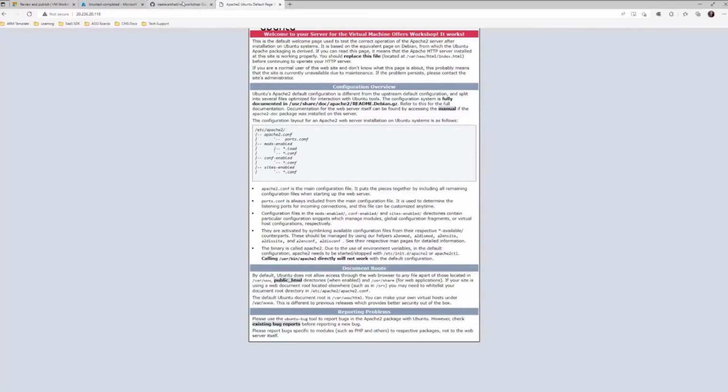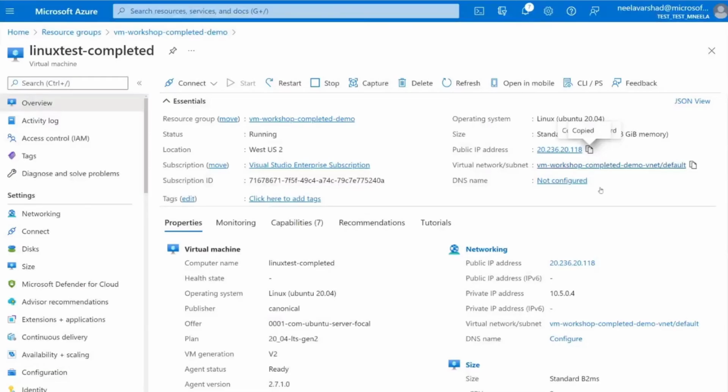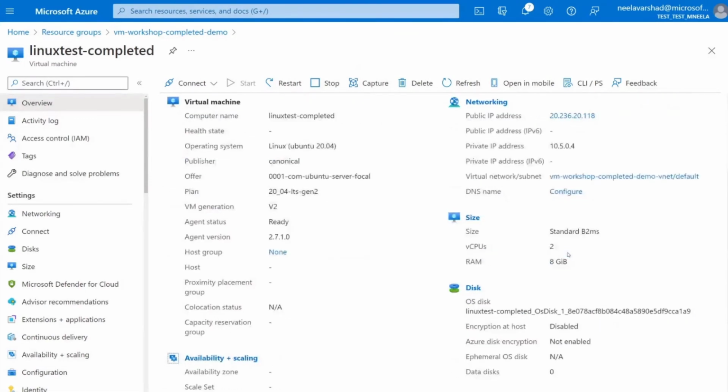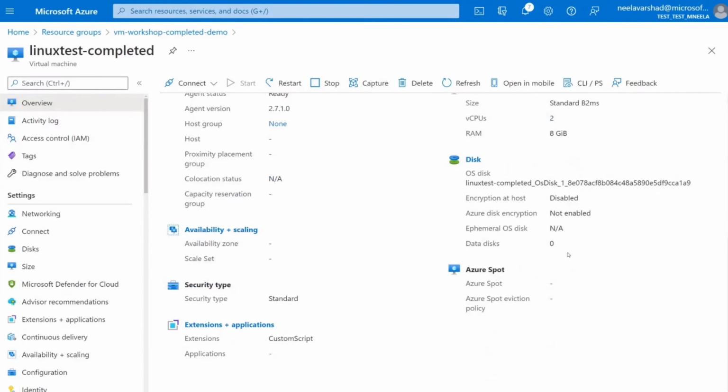make those changes. So I'm going to go into a new tab, put that information in, perfect. And as you can see, it has gone ahead and modified, first of all, downloaded Apache for us, which is why this welcome page is even being shown to us. And then it's also added this custom message that we wanted. So if I go back in here, you have the public IP that's exposing this Apache server, so anyone can go in and view this page. And then you will also see the different